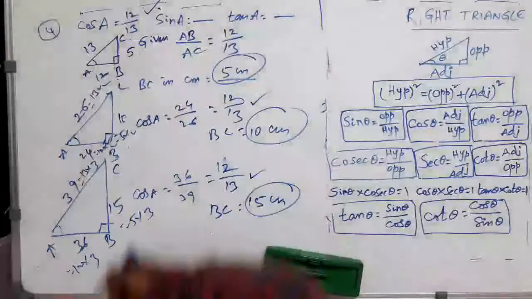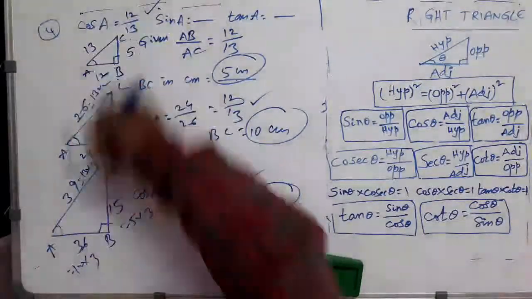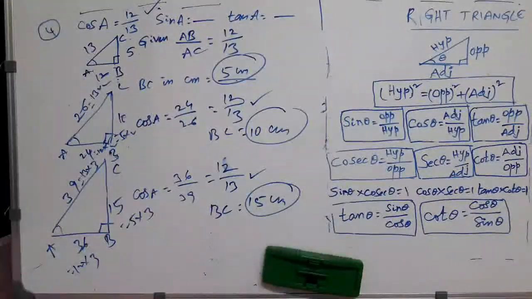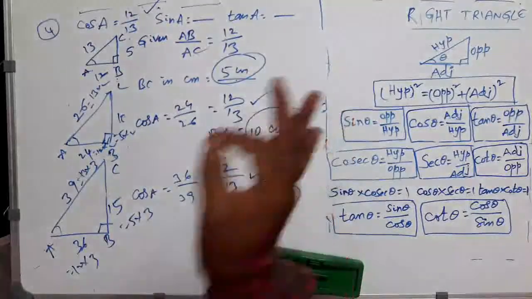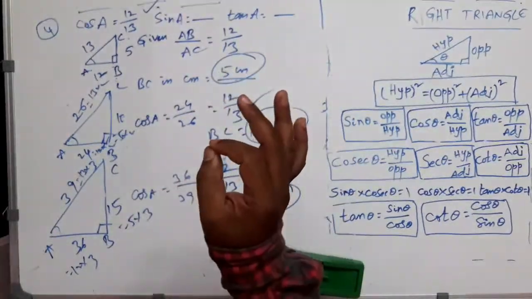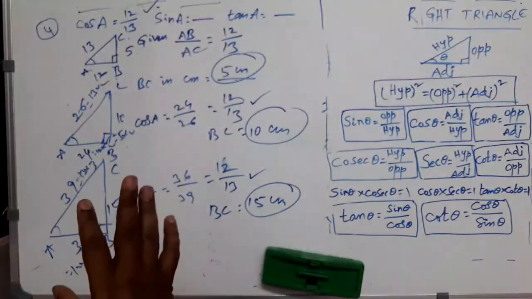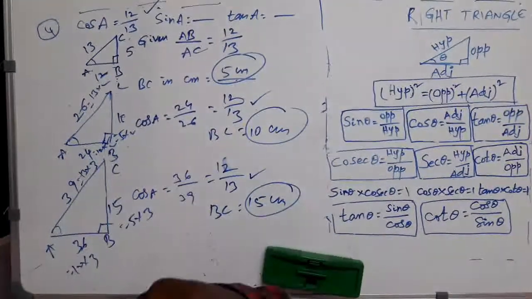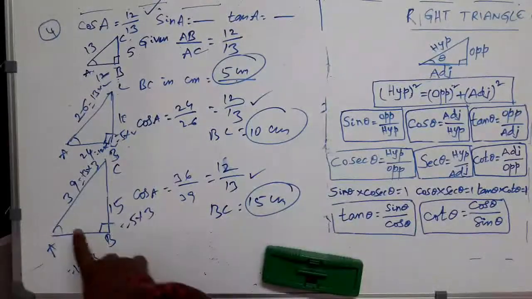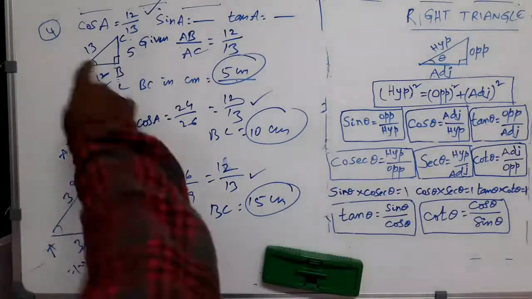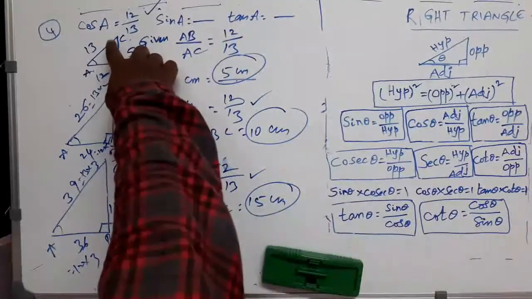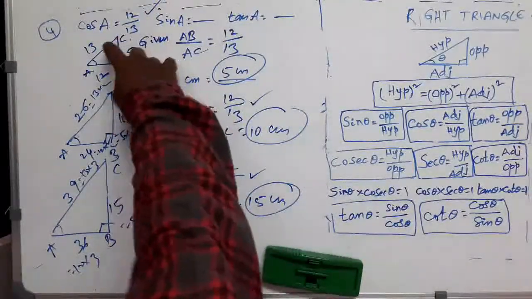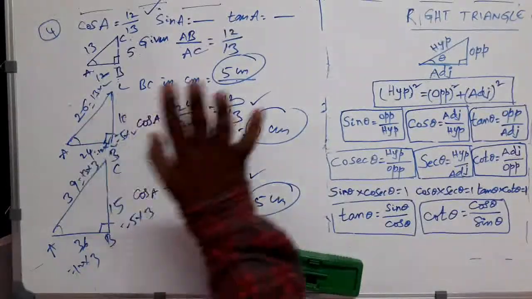What you have observed? Of course, these are similar triangles, right? Corresponding sides ratios will be equal in similar triangles. That is also a very good point to remember, right? These are similar triangles, right angle triangles, of course, particularly. In similar triangles, ratio of corresponding sides will be equal, and corresponding angles will be equal. See, corresponding angles are all same. 90 degrees, 90 degrees, 90 degrees, same. Angle C, if you use protractor and find out, angle C will be equal to this angle, same.